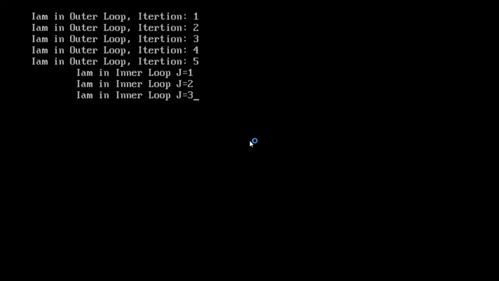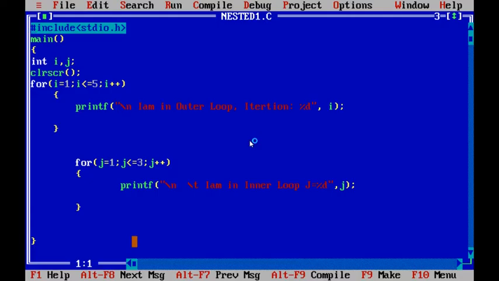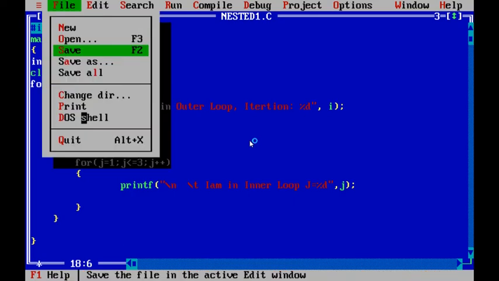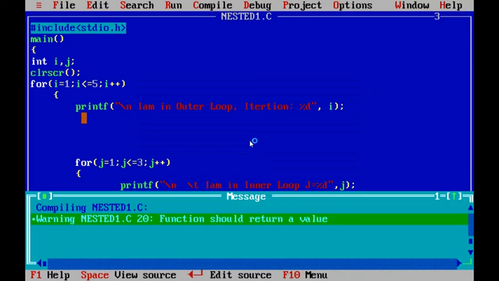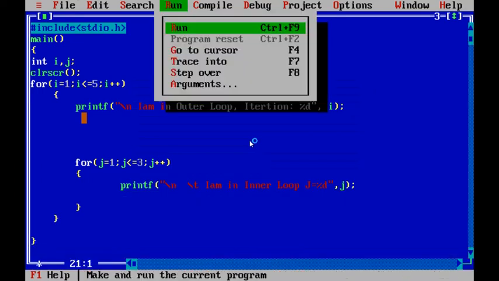If you write the loops nested, I am inserting the loop inside the loop. If you write the loop inside the loop, then the output will be like this.